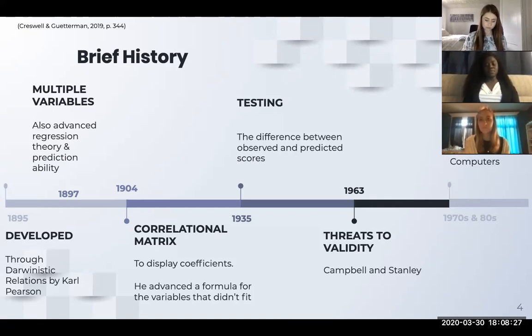Furthermore, in 1935, Fisher pioneered significance testing and analysis of variance, which is important for studying the difference between observed and predicted scores. In 1963, Campbell and Stanley thought that other experimental designs were more rigorous and valid than correlational designs because they were the mean girls, and they outlined the threats that they could see to validity in using